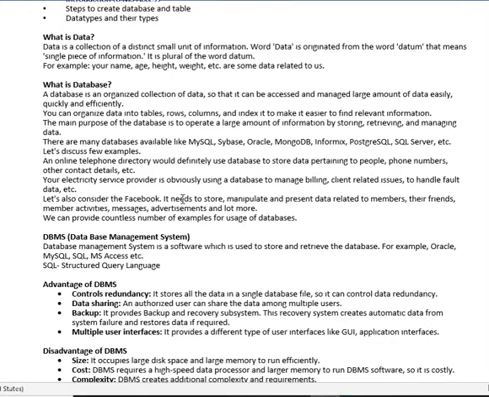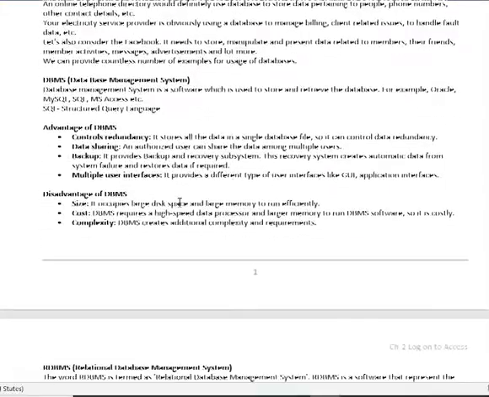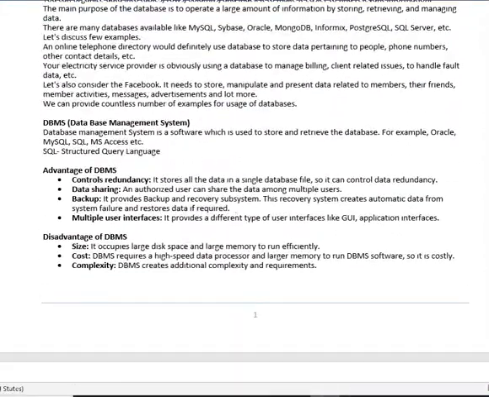And DBMS stands for Database Management System. It is software that is used to store and retrieve the database. Examples: Oracle, MySQL, SQL, etc. DBMS has some advantages and disadvantages.